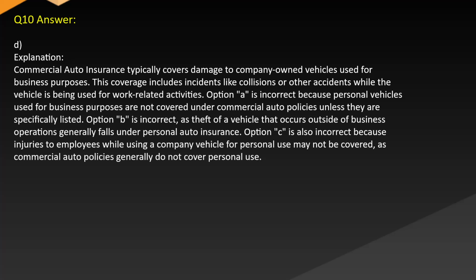Answer: D. Explanation: commercial auto insurance typically covers damage to company-owned vehicles used for business purposes. This coverage includes incidents like collisions or other accidents while the vehicle is being used for work-related activities. Option A is incorrect because personal vehicles used for business purposes are not covered under commercial auto policies unless they